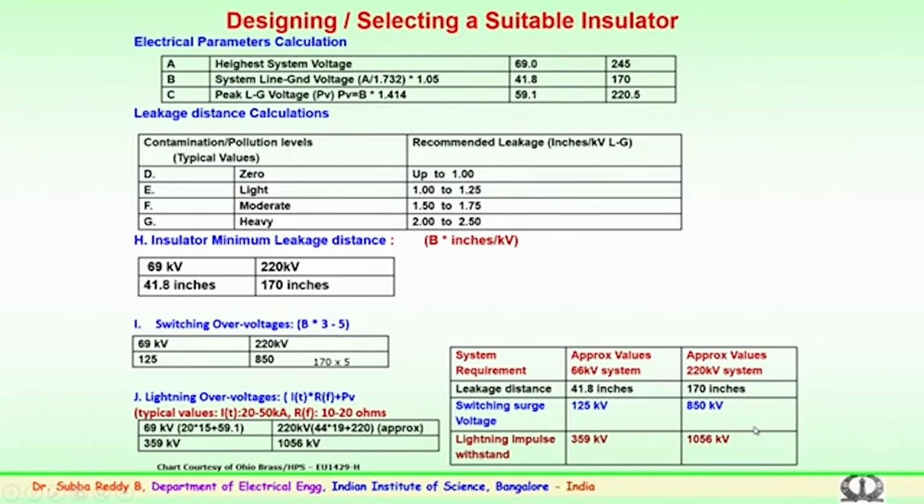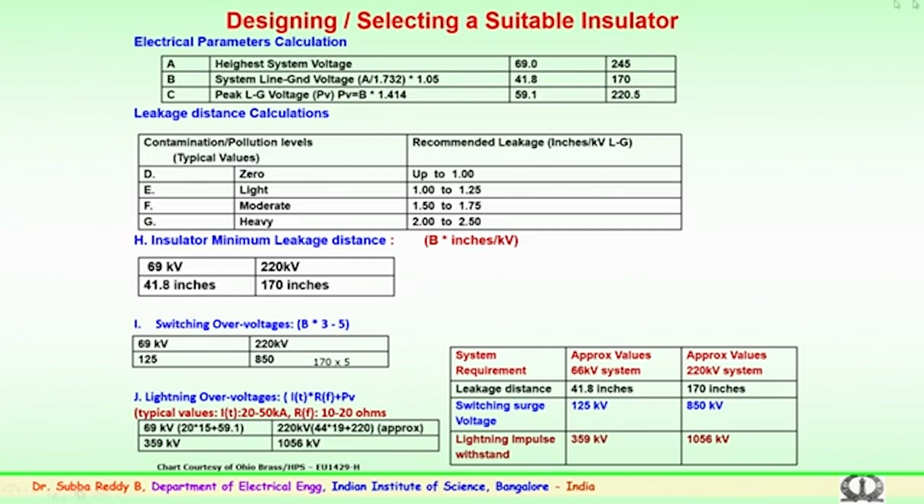So, now we come into the selection of a suitable insulator, how to design or select an insulator for electrical transmission at various levels before it is being put in service. A thumb rule has been given here. The design aspect consists of several aspects before it is being put in the service.